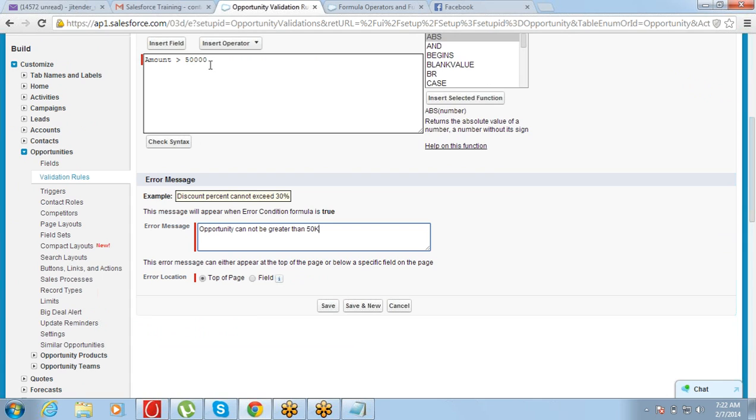So in validation, this is the error expression, and this is the message. Anytime this criteria is true, it will throw this error.